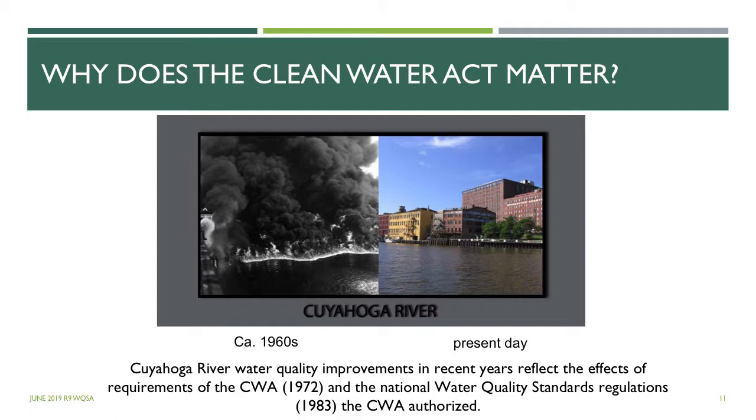Then in 1969, a river fire captured the attention of Time magazine, which described the Cuyahoga River as the river that oozes rather than flows, which is not something that anybody in Ohio really wanted to be known for. But the impairment of the river actually helped spur the environmental movement in the late 60s, and is one of the reasons that the Clean Water Act was kicked into high gear. And it shows what can be done to help restore impaired waters. Again, the picture on the right is modern day. The picture on the left is when it was burning.